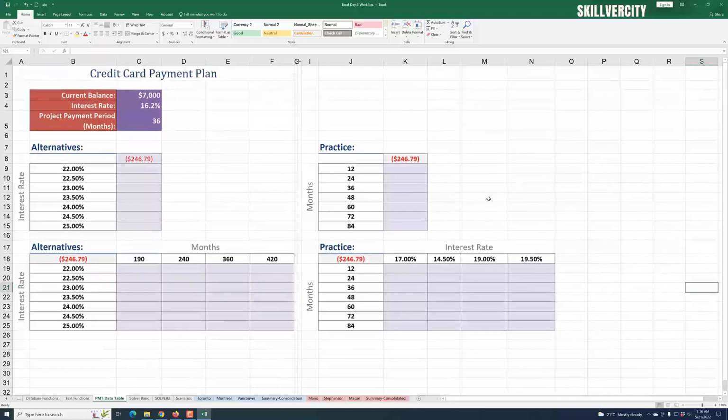And the other example is looking at it from the other perspective. If we have this number of months, 12, 24, 36, up to 84 months, what would be the interest rate for each of these monthly projections? Okay, so